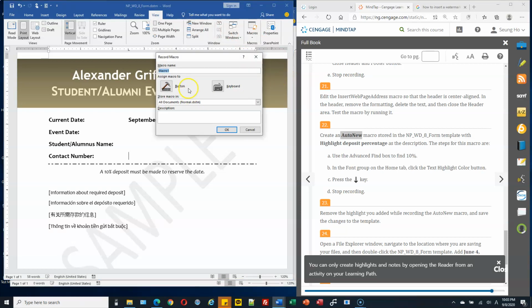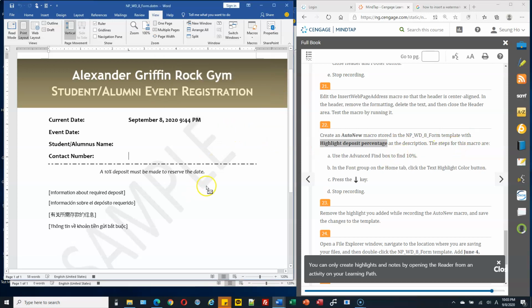New macro, and the macro name is AutoNew. And the description contains this. This time we don't have a keyboard shortcut, so click OK. Now we need to do these 4 steps to record the macro.